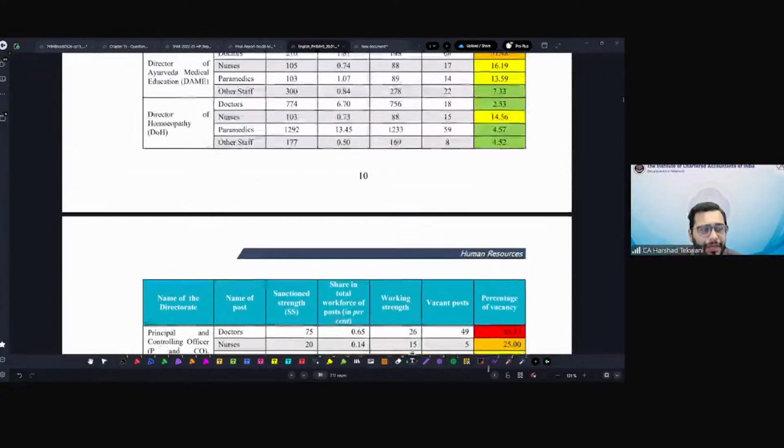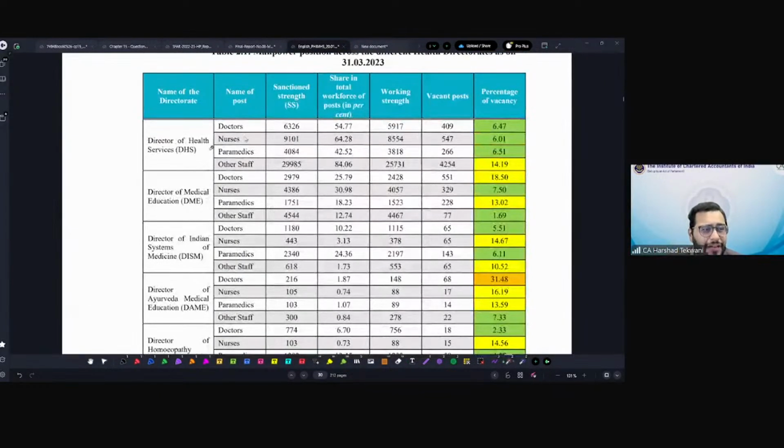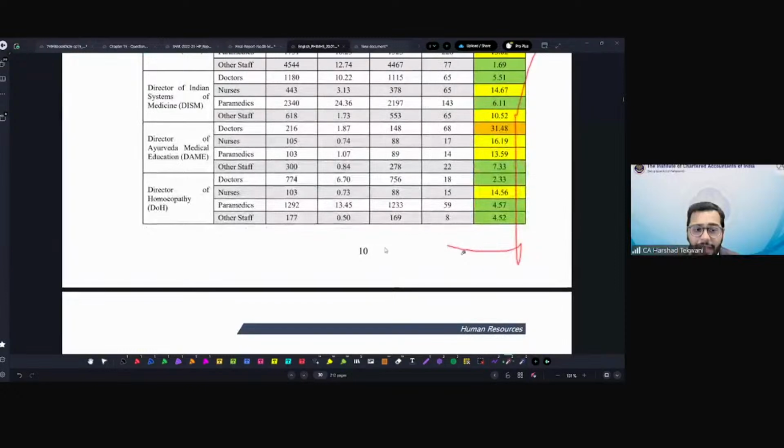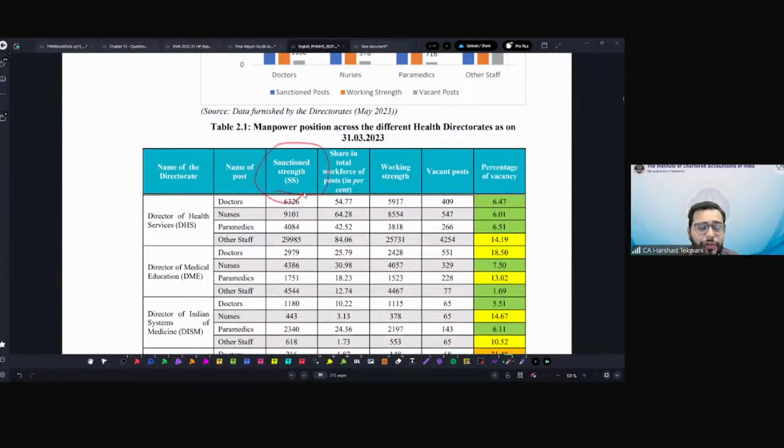See, there is some data here, some analysis they have done. Sanction strength, share in total workforce, working strength, vacant post, percentage of vacancy. Basically, this shows that they have calculated, for example, how many doctors were supposed to be there, but in actual, these are the doctors who are working. This is the vacant post. They are talking about performance, that this was the planned doctor capacity, but now they don't have that many doctors, so it is not working